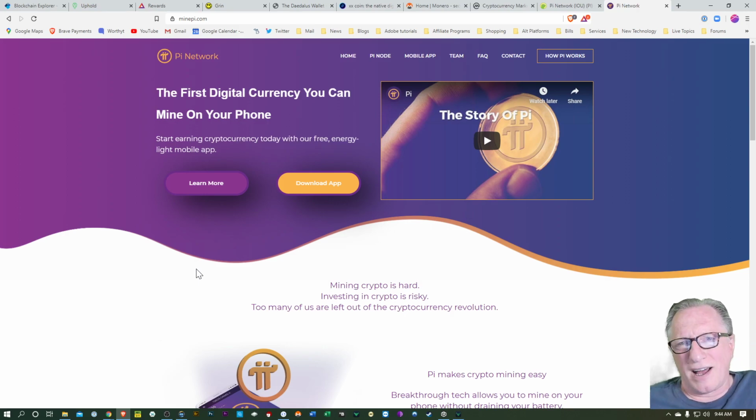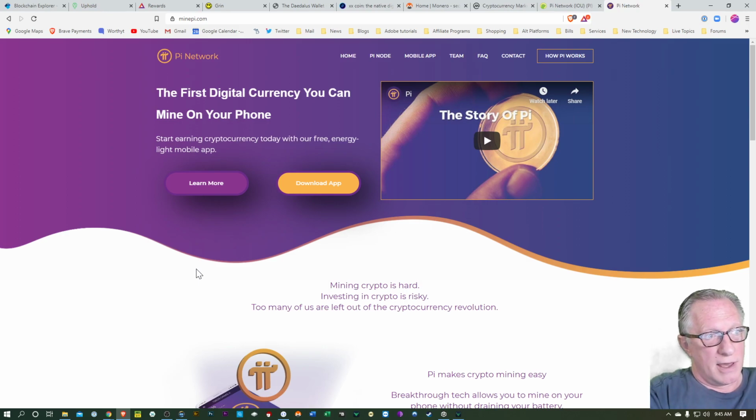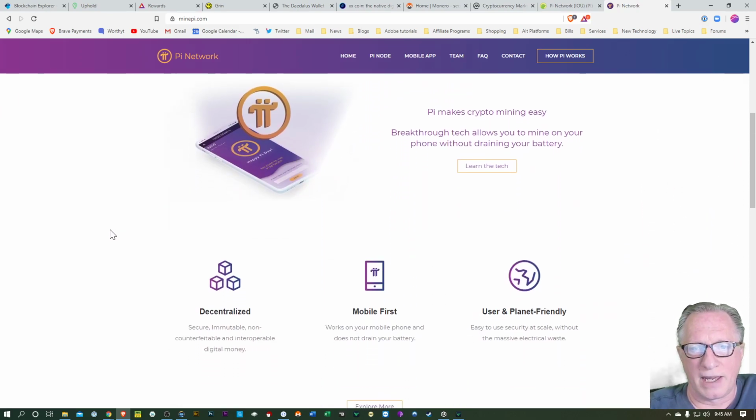But there's a lot of coins out there that I don't know much about. They'll give them to you for free because they're pretty much worthless. They might have at some point, if their business model is good, a way for their coin to be valuable, and then all those free Pi that you received when you were running their wallet make you rich down the road. But there's a lot of coins like that that remain worthless, right? So I don't know much about this particular one right here. First time I've encountered it.